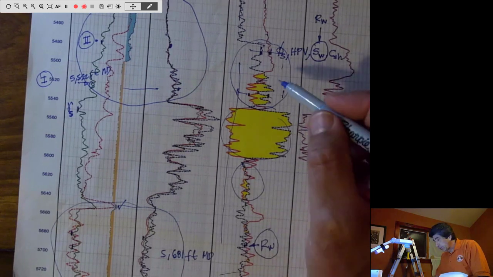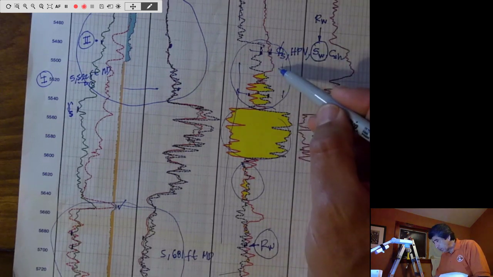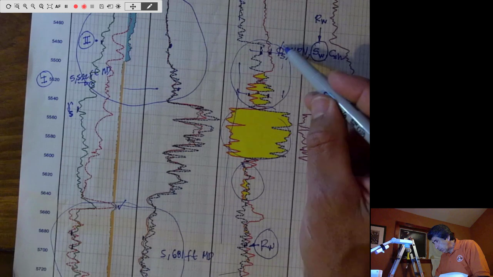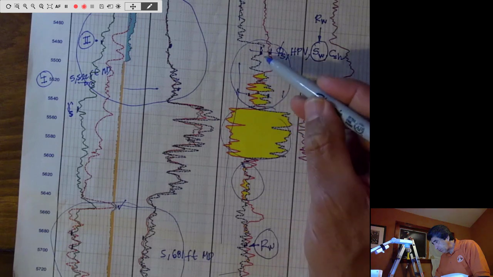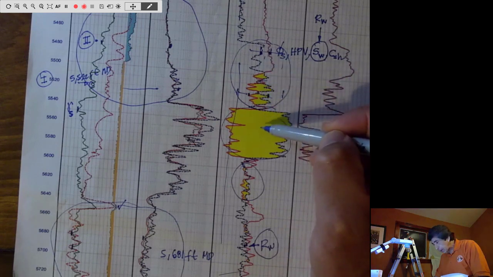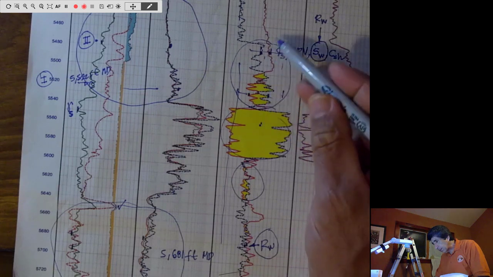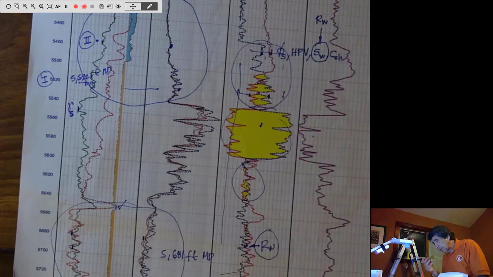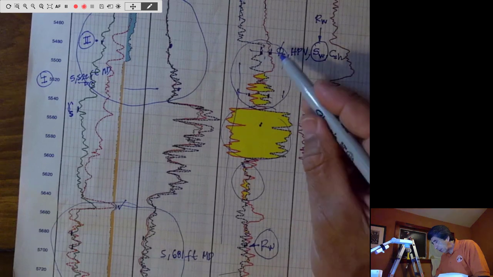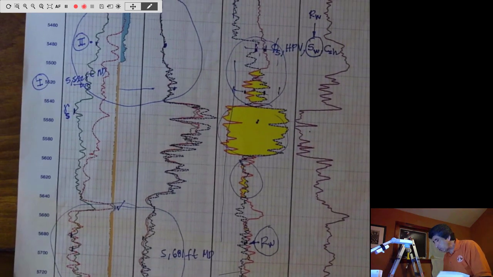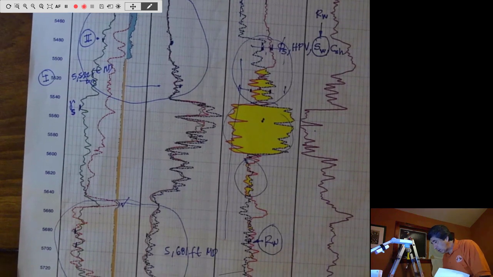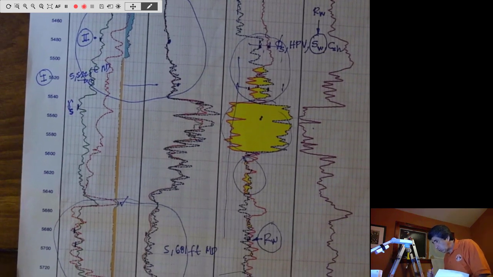So whatever happens is not possible unless we have a seal or something of that nature. There's not a possibility that with hydraulic communication we should have a fluid here that is heavier than the fluid below, and the fluid below is gas, so very likely this is going to be gas. So we don't even need to have pressure gradients here. It's very likely that that's going to be the situation, but regardless,